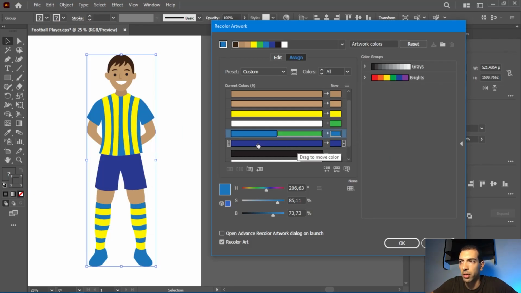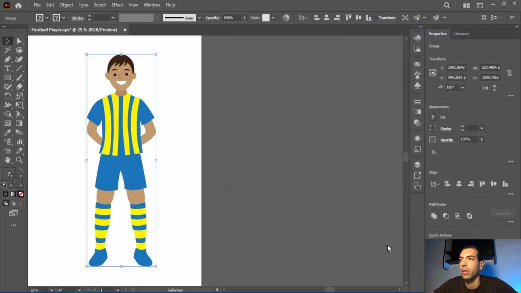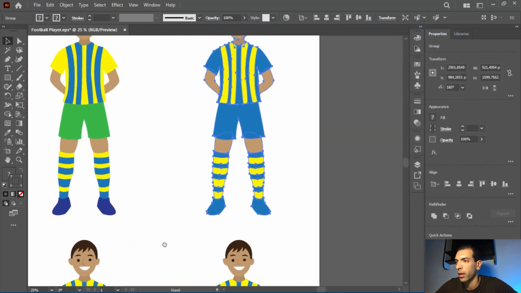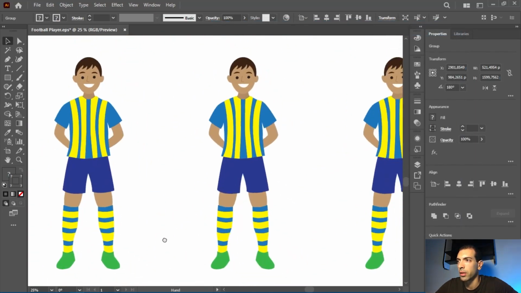I'm going to do the same thing with this dark blue color. I drag and drop right here, and as you see now, the dark blue, the light blue, and the green became light blue, just like this, and you can see it in the illustration. Once I'm done, I click on OK, and I move to the next